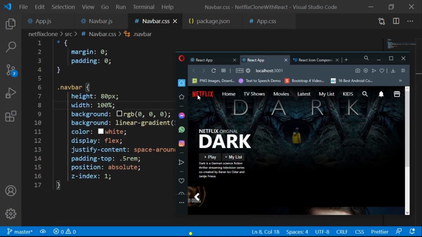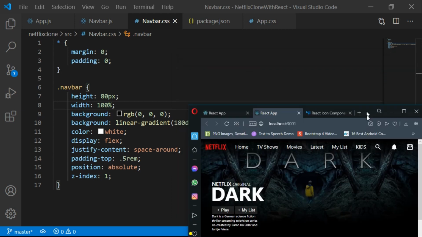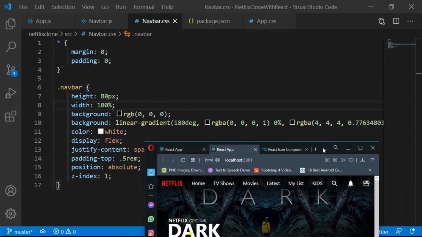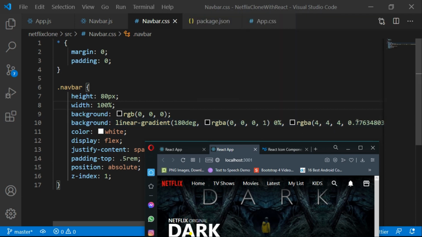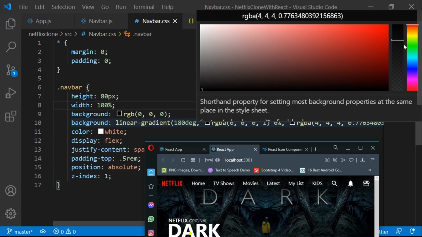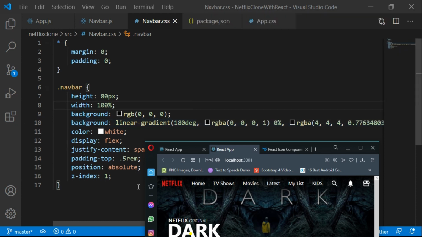This is not actually the final product, but I'm gonna update it with this 100%, which is gonna occupy the 100% of the screen. It is gonna be responsive. Background color is black color, which is RGB. And it is gonna be linear gradient because it is gonna have opacity of 1 at the top, and it is gonna decrease to 0.7763483. And color is white, the text color is white.